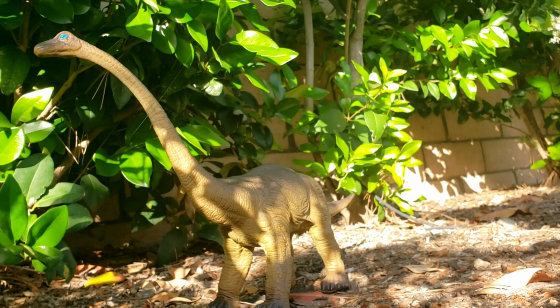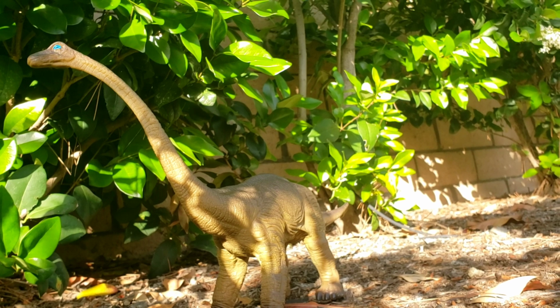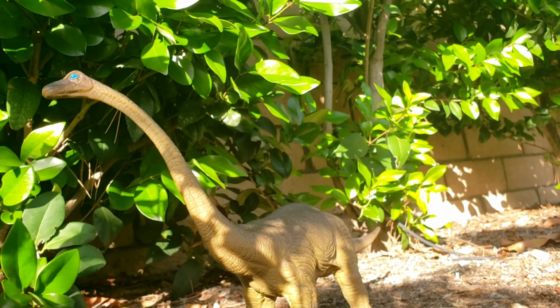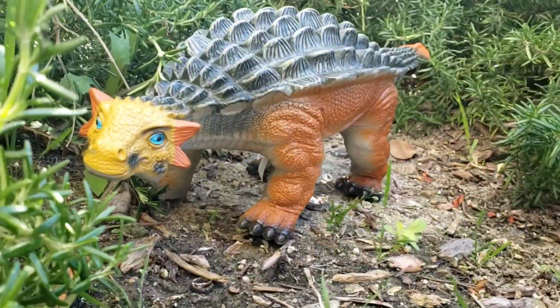They were plant eaters. And probably they ate all sorts of plants, including tree leaves and ferns, to maintain their large size. We found the last one,